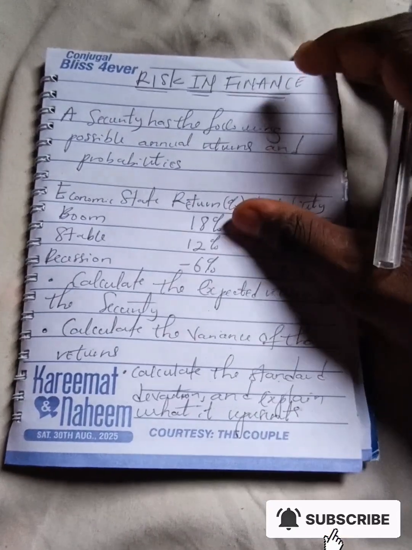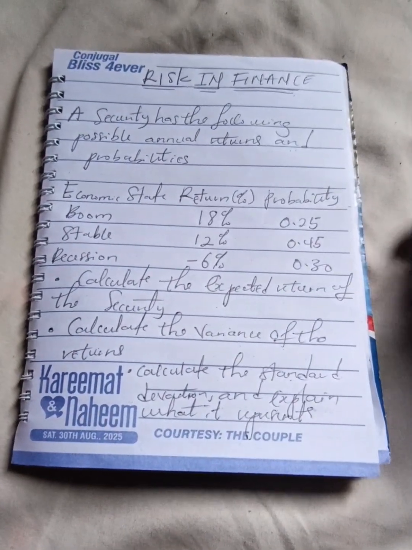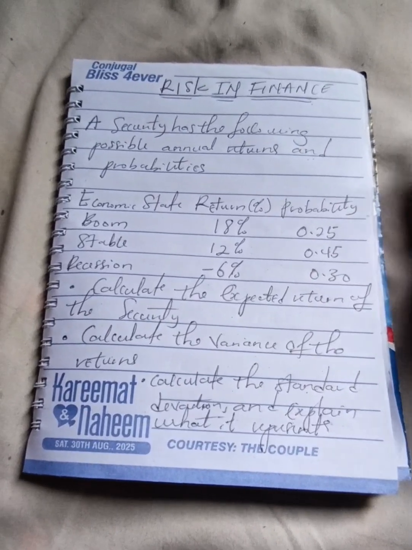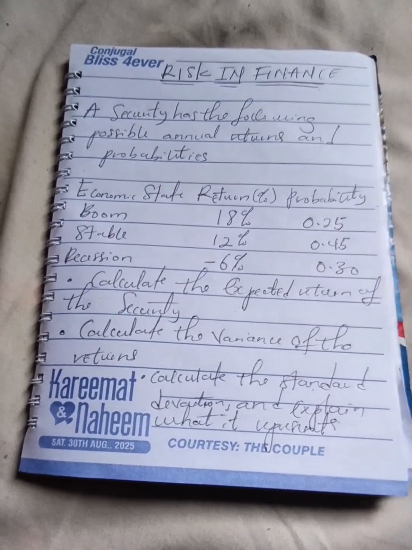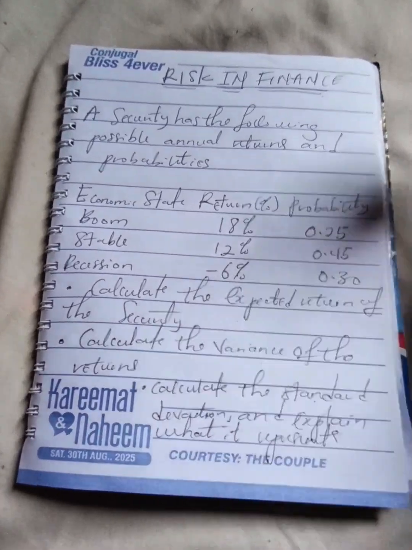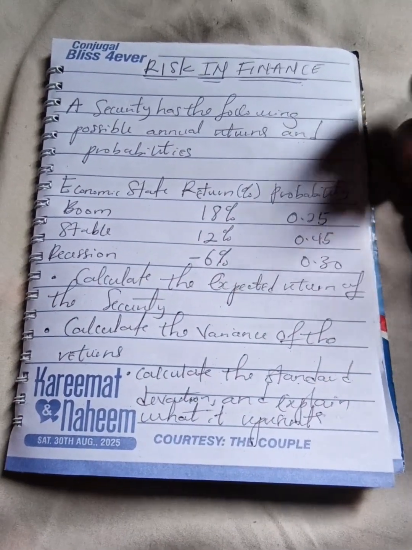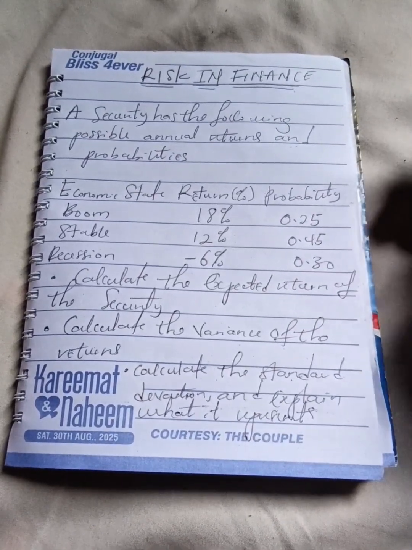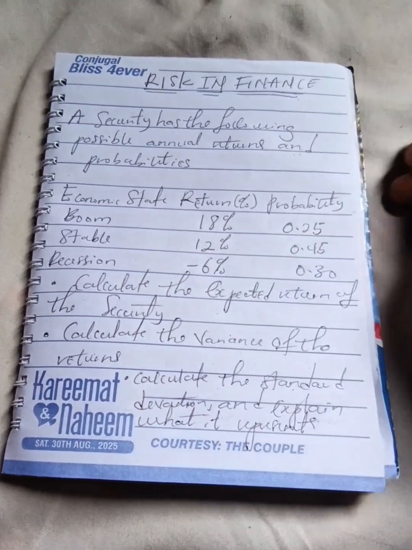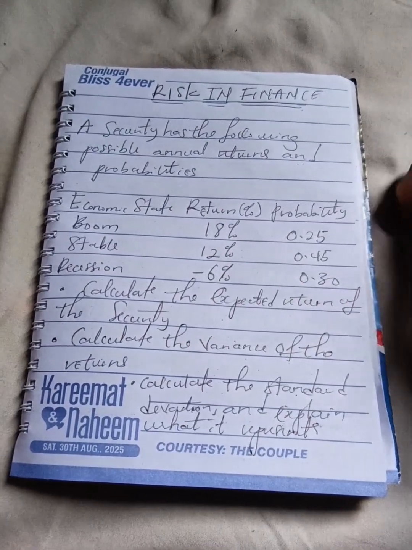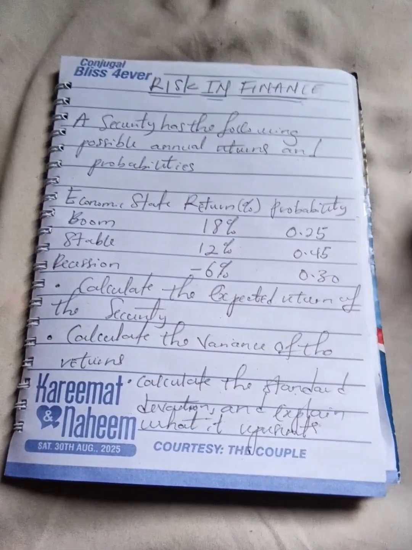Good day, guys. Today we're going to be going through how to calculate the risk of a single security. Financial securities are basically instruments in finance that represent either debt or ownership and are in turn used to generate funds. They come in the form of your bonds, your shares, your commercial notes. All of those are financial securities that represent either debt or ownership and are in turn primarily used to generate